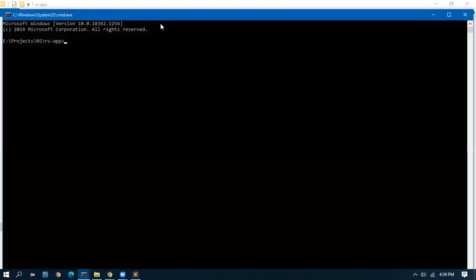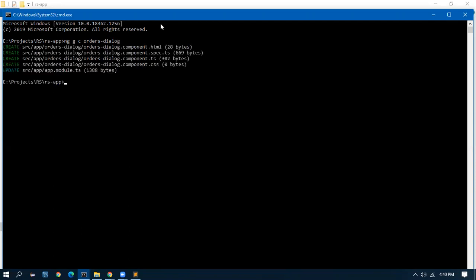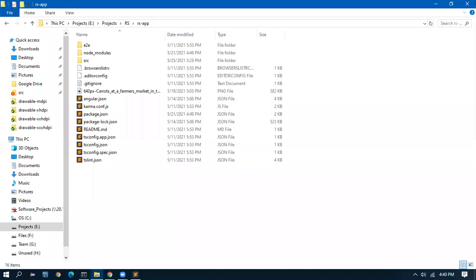So I'll go to the command prompt, ng g c orders dialog. We call it a dialog. We have the menu component. We have like 3 components you told before, right? Menu, about us, contact us, and shopping zone. We have these 4 components. Now the 5th component is added.